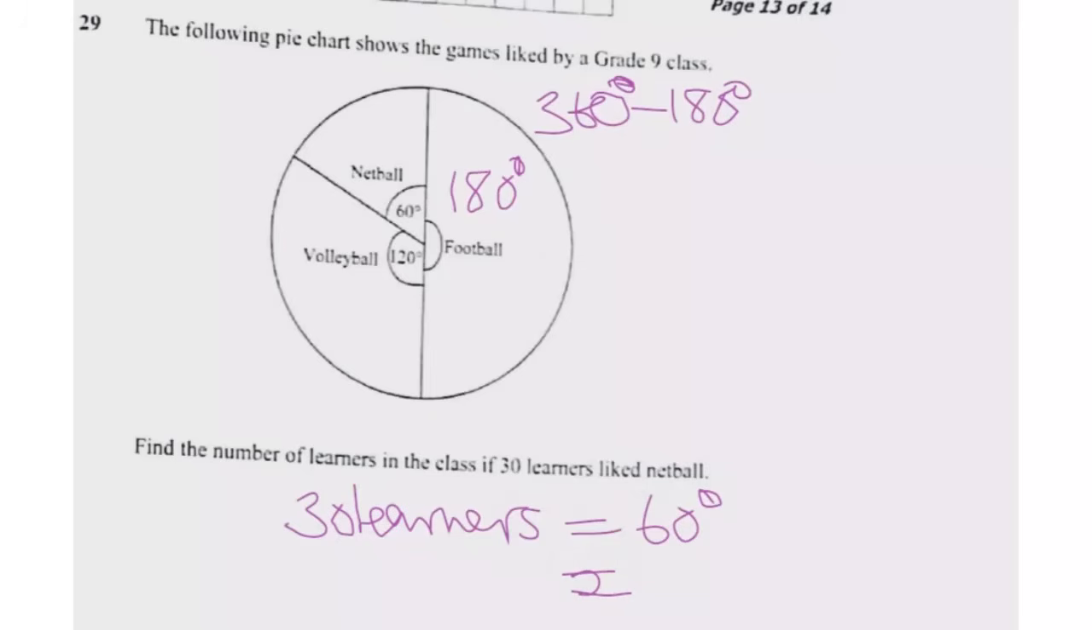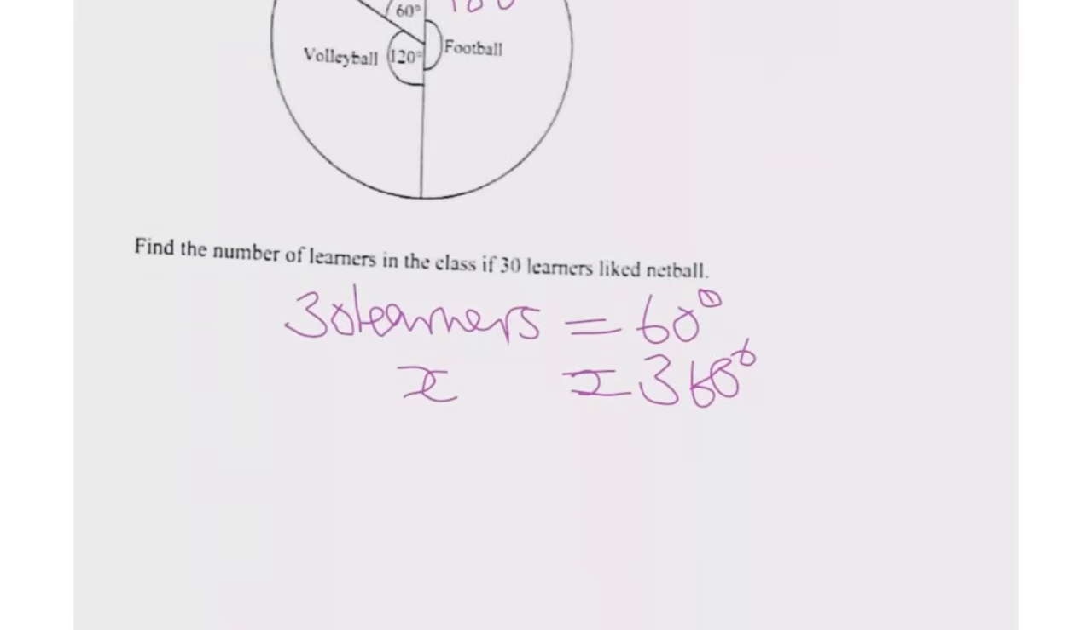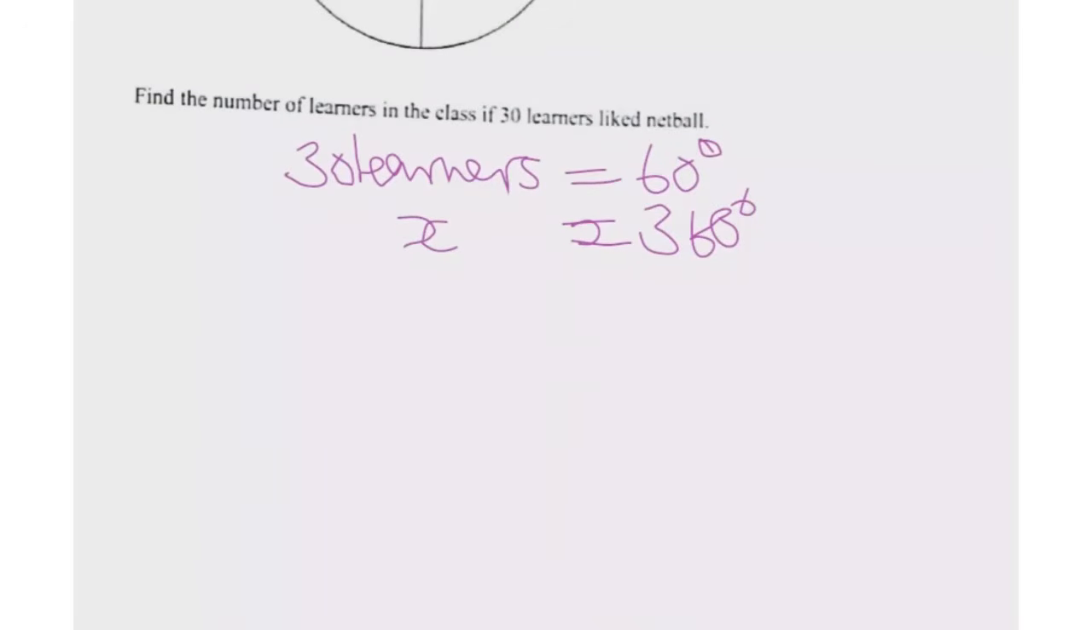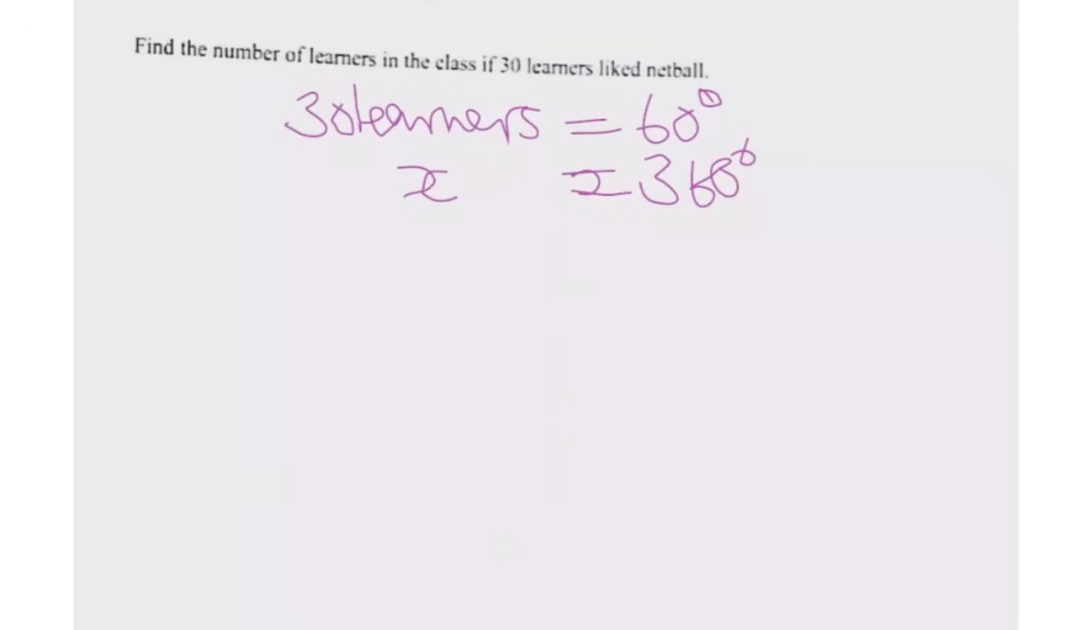Now, they are saying find the number of learners in the class if 30 learners liked netball. So how many learners are in that class if we consider 360 degrees, which is the total sum of angles in a pie chart? Okay, so we don't know the number of learners. So what we're going to do is use direct proportion to find the answer. So we cross multiply. So we're going to have 60 degrees